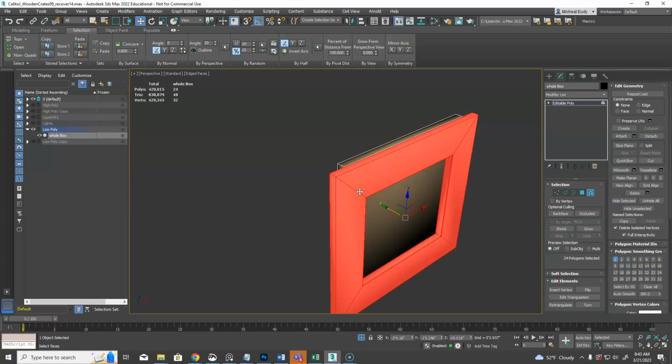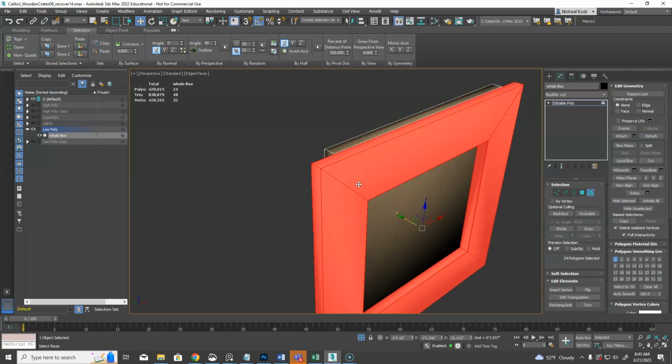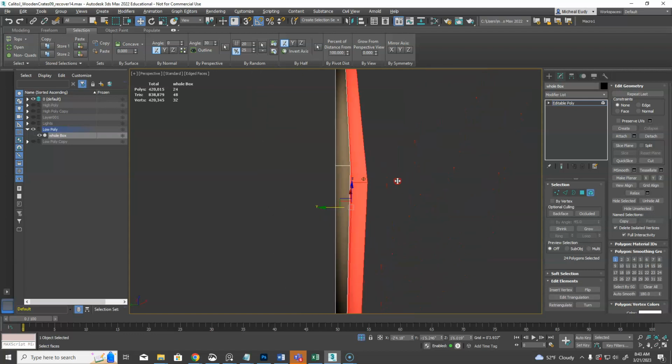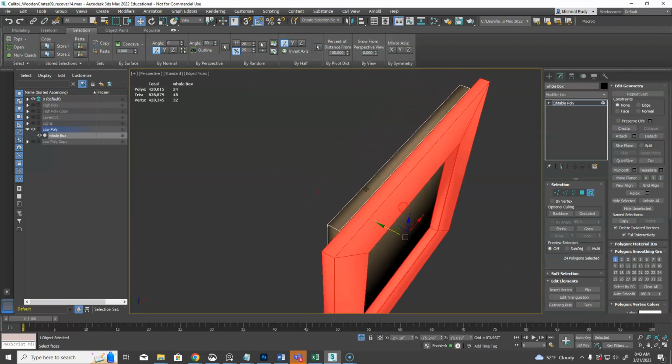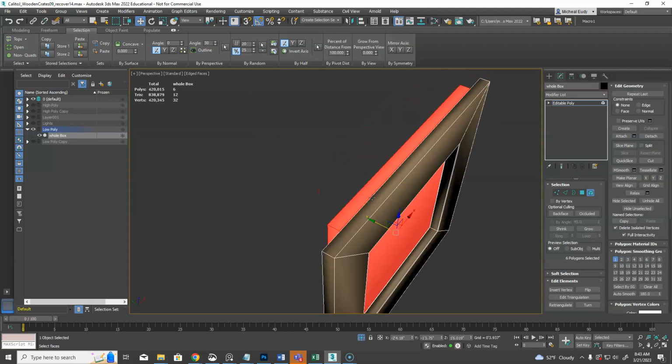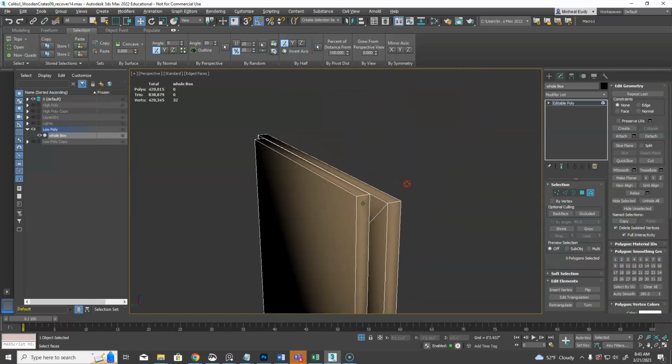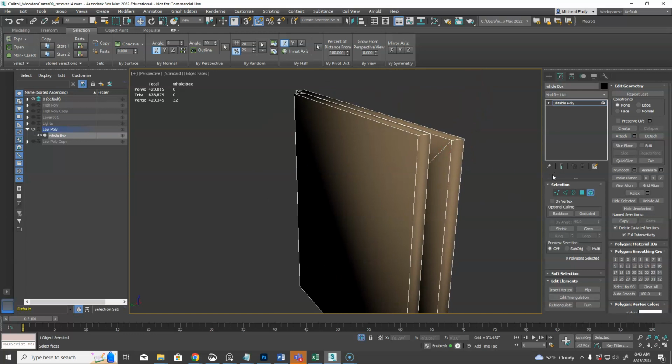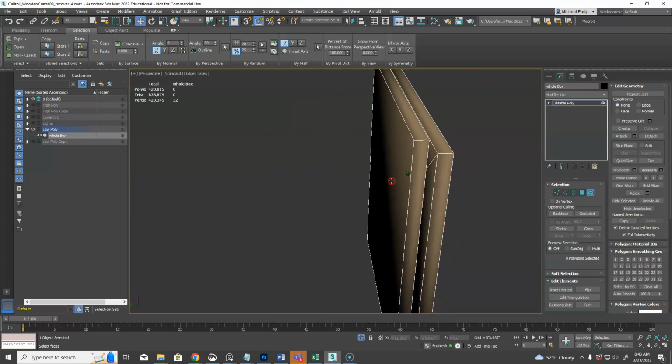Alright, so I'm going to deal with this. Okay, so eventually I'm not going to need this anymore, so I'm going to make a selection set, a temporary selection set. So I'm going to go up here and just call this delete me. Anyway, what that means, selection set, is later I can come in here and select this. All right, so now what I'm going to do is